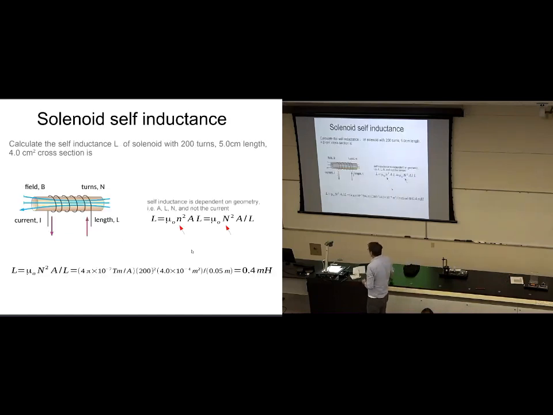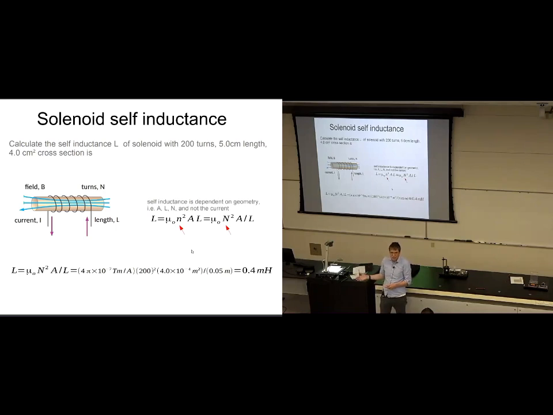Here's just an illustration of using this equation. You can use this equation like we use the equation for a parallel plate capacitor. If I told you the geometry of a parallel plate capacitor, the size of the plates and the separation between the plates, you could go ahead and calculate its capacitance, its ability to store charge. With this solenoidal inductor, if I give you the geometry, the number of turns per unit length, or the number of turns,